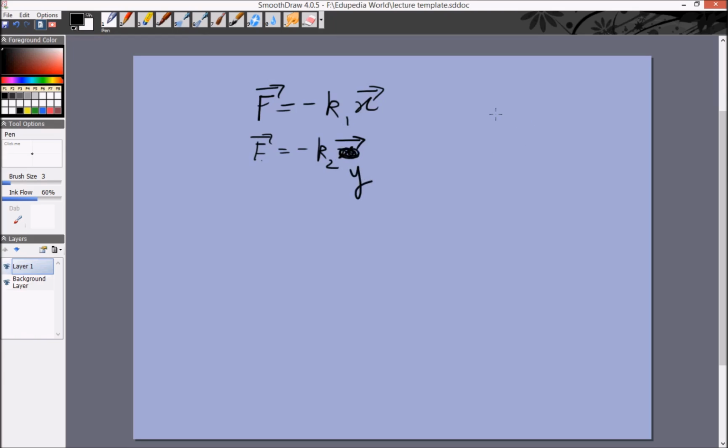The physical equivalent of that would be, we have an object, and if we apply a certain kind of force to it, it performs SHM in this direction. If we apply another kind of force to it, it executes an SHM in this direction. What will be the motion when we apply both the forces simultaneously, and of course for a particular initial condition? So we can do that for two particular special cases when both the SHMs are in the same direction or they're in perpendicular directions. We won't do it in this tilted case, that's too advanced for us.